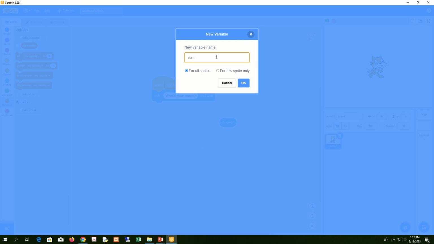So here we can set the identifier, let's say name, because here we are going to take the name from the user. Here I set name, and this variable can be created for all sprites or only for this sprite, only for this sprite, right? So it's better to use the for this sprite only option